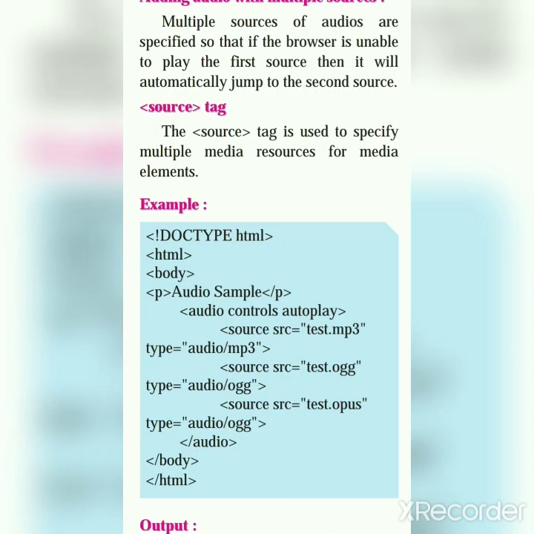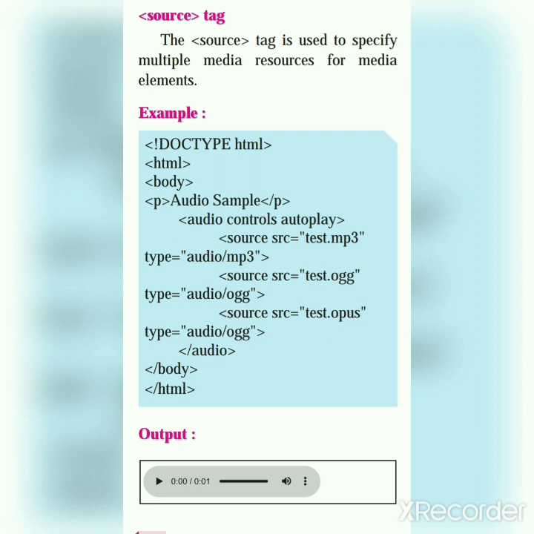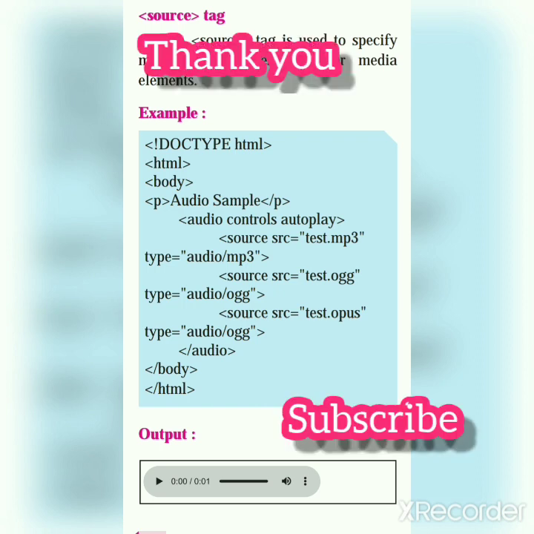It is used to specify multiple media resources for media elements. This is a sample program using the source tag. Here, below the audio tag, source tags are used. Three source tags are used with different audio file formats. So we'll see in practical what the purpose is. Actually, first file, browser